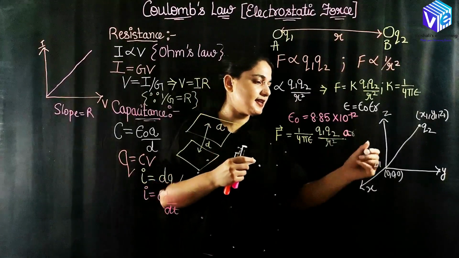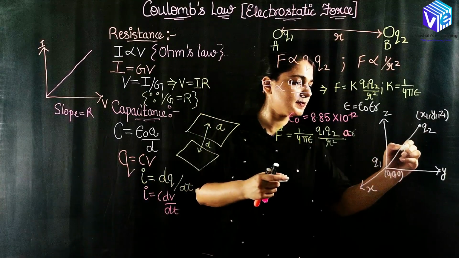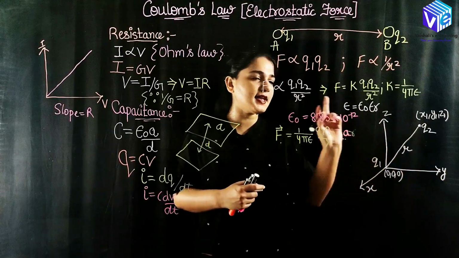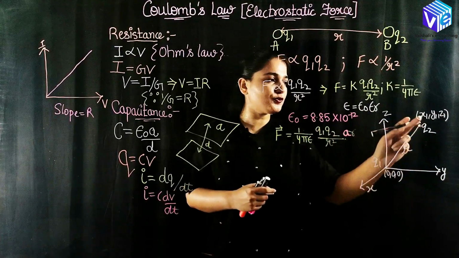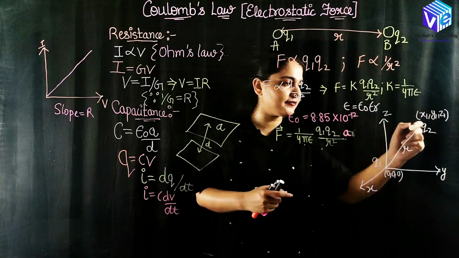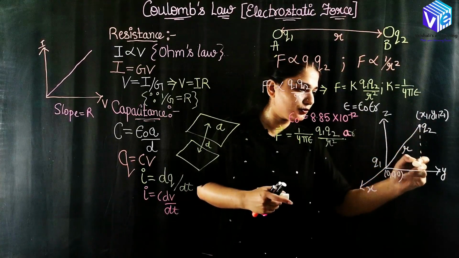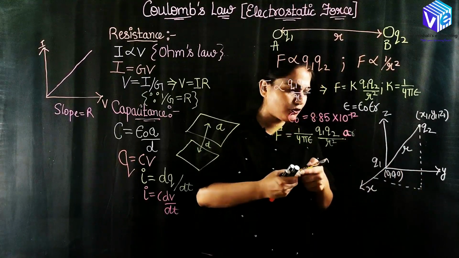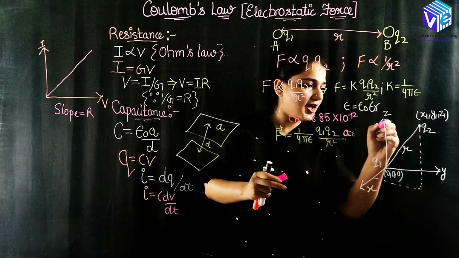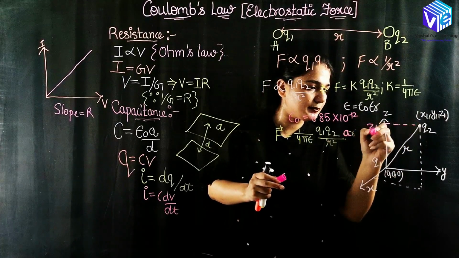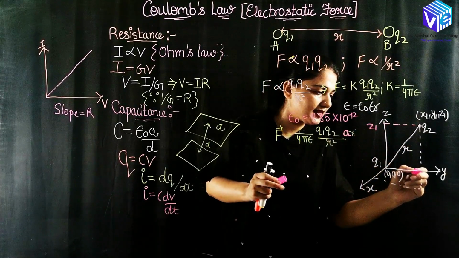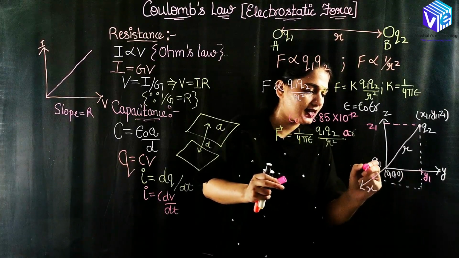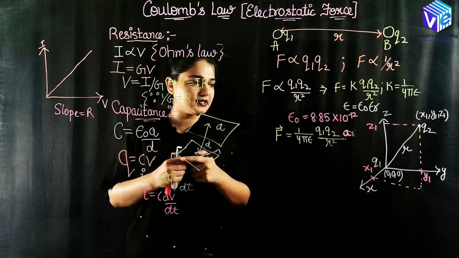So as you can see, my charge q1 is placed at the origin, which is 0, 0, 0. This is my x-axis, y-axis and z-axis. The charge q2 is placed at x1, y1 and z1. Now if I have to denote what is x1, what is y1 and what is z1: this portion where I have the height is z1, and this portion where this line intersects the y-axis is y1, and here it is x1. So I hope this thing is clear.